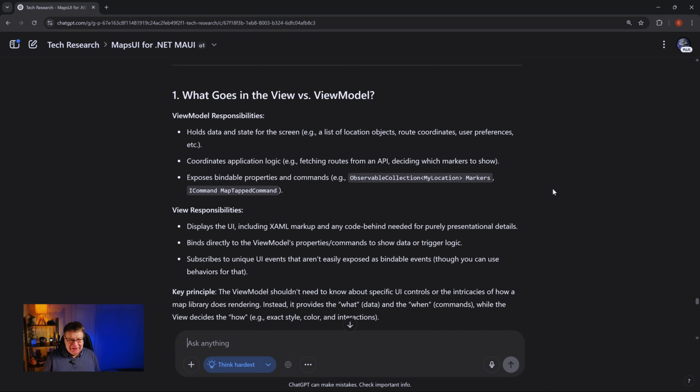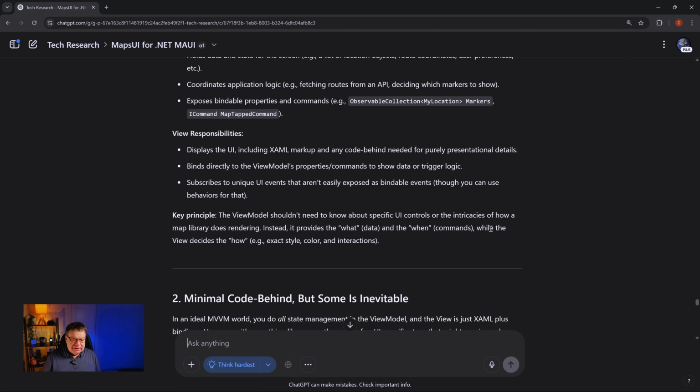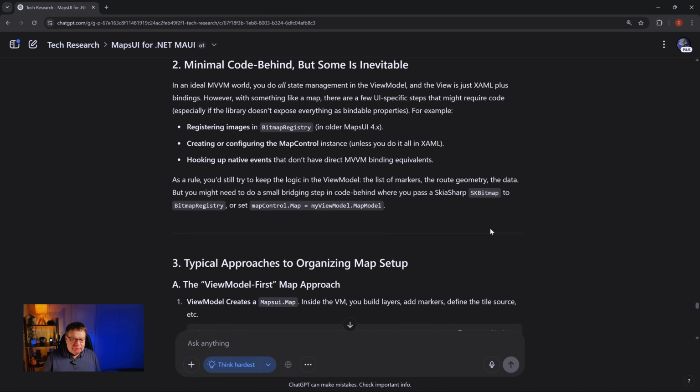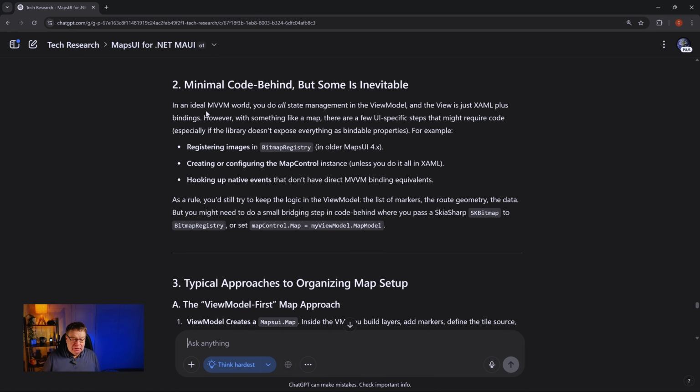Okay, so I've been flip-flopping a little bit about how we're going to organize this. What should be in the view model, what should be in the view. So I've asked my friend ChatGPT about the responsibilities, and it kind of lines up with what I was saying, in that it's saying, the view model is responsible for the data. The view obviously is responsible for the presentation part of it. But I think it's come up with a relatively pragmatic solution here, in saying that, ideally that state and presentation is very nicely